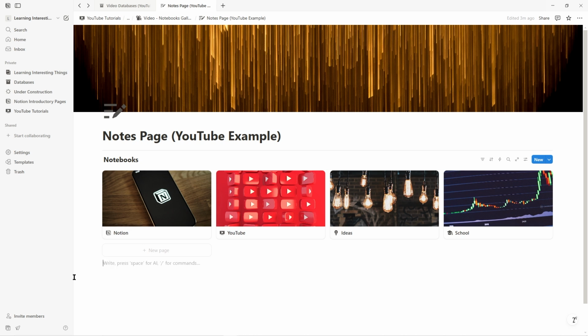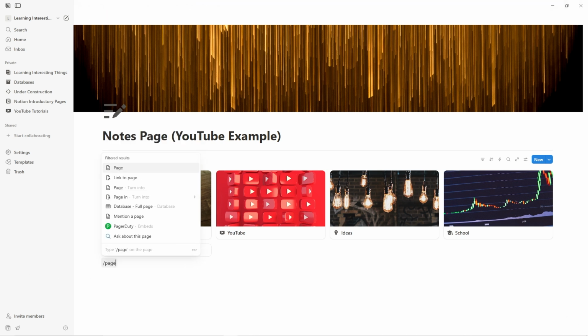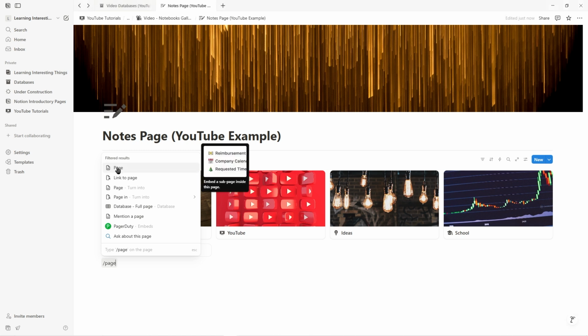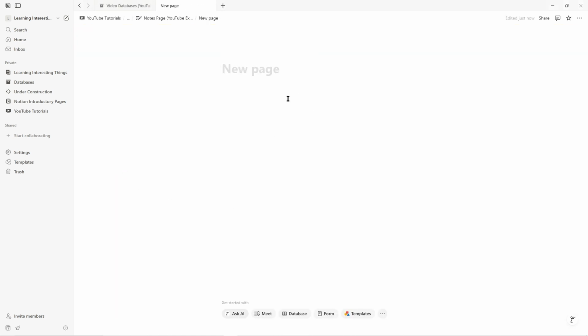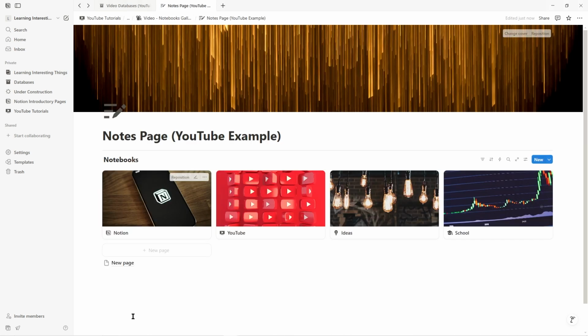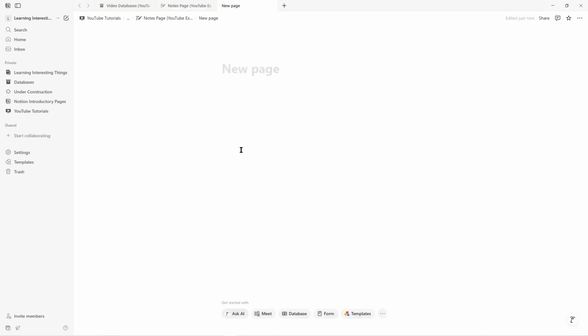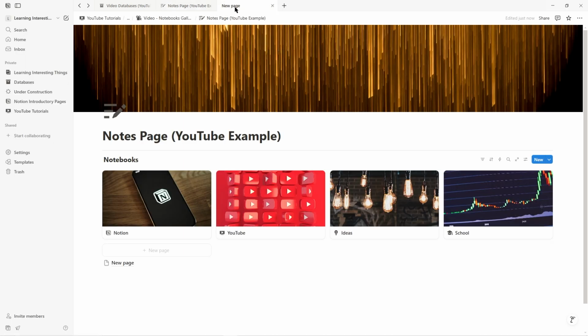So what I'm going to do is I'm going to go ahead and hit the / and type in page. And so right here you can see it says page. I'm going to go ahead and click that. And now you can see a new page popped up. So I'm going to go ahead and click back 1 step, and then I'm just going to right click on new page and just hit right here where it says open link in new tab. What that's going to allow me to do is just switch between the 2 pages so I can make sure